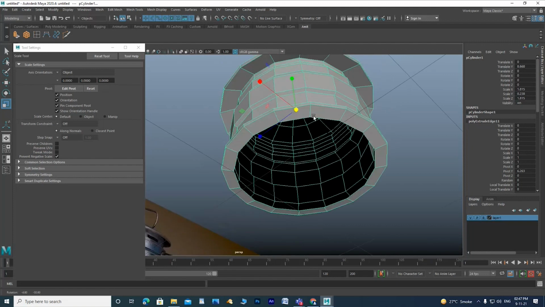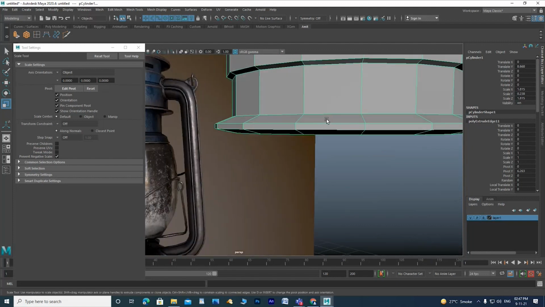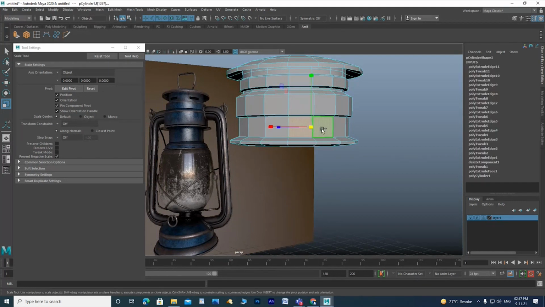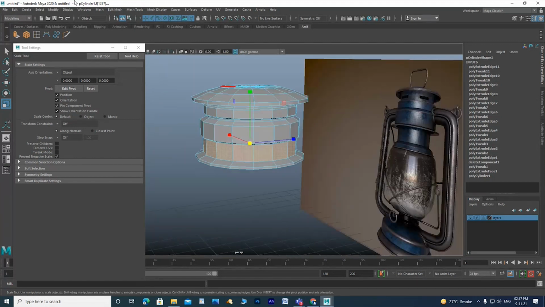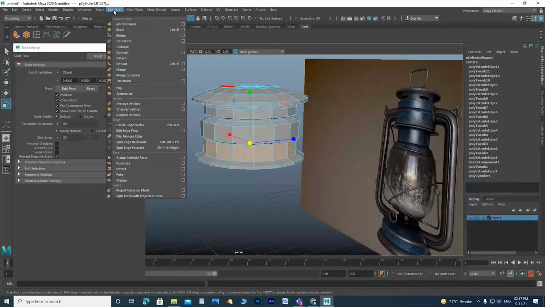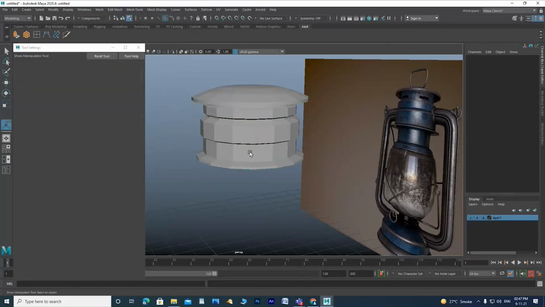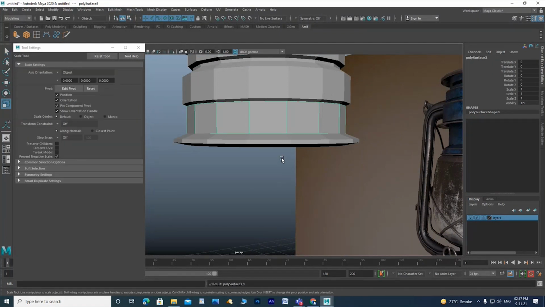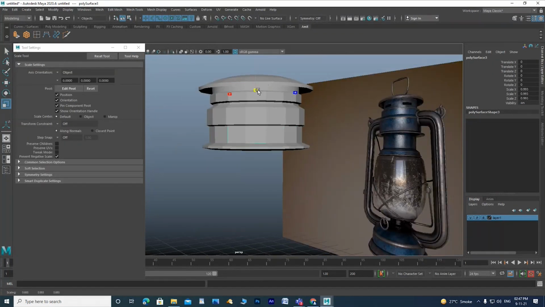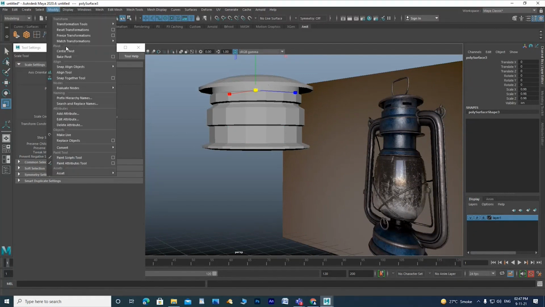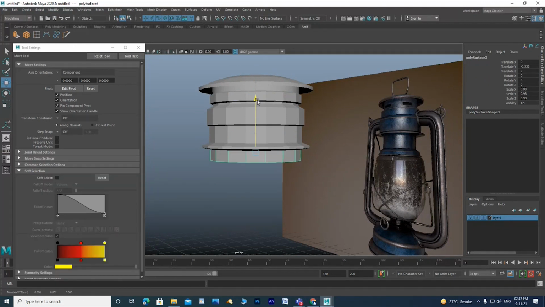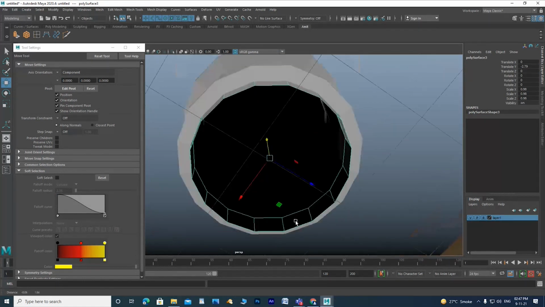Sometimes you can use the mesh from within this one. So do one thing. Select these faces and go to Mesh, Extract. Now this is separate. Control D to duplicate, scale it down, then go to Modify, Center Pivot. Find out where exactly it is. It should be slightly smaller than this outer area.